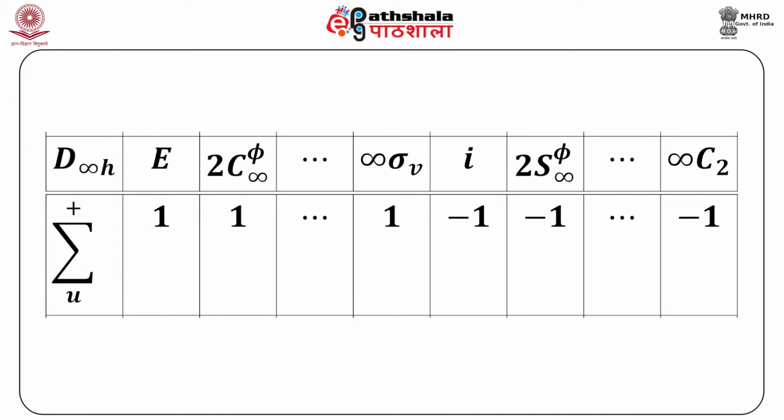Similarly, the asymmetric stretch transforms as sigma u plus, because it is antisymmetric now. E, it is 1. For C infinity, again the arrows will not change direction. Sigma v also is the same, but in S infinity it is a rotation by any angle followed by reflection in a plane passing through carbon. So obviously the arrows will change direction, it is minus 1. The same thing happens with I, the same thing happens with the C2,